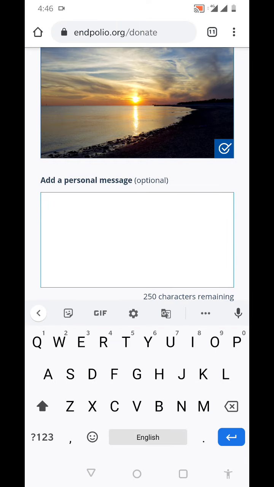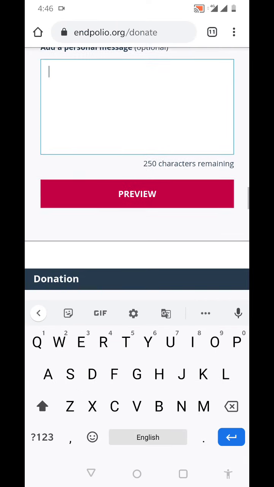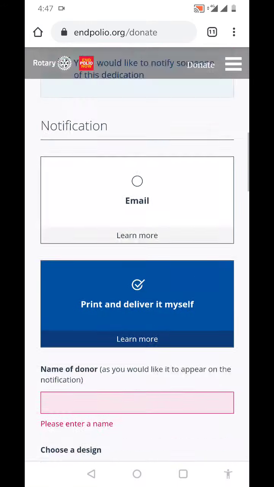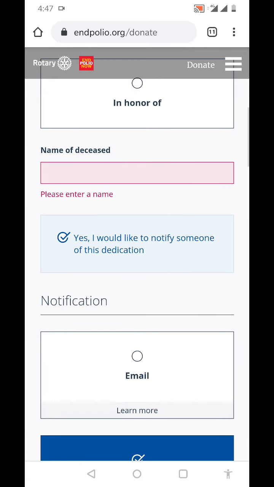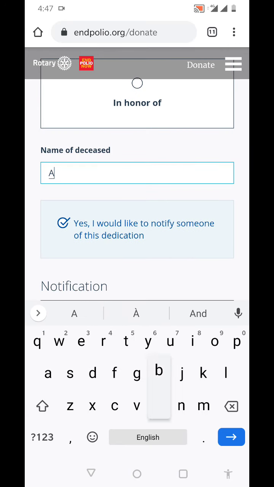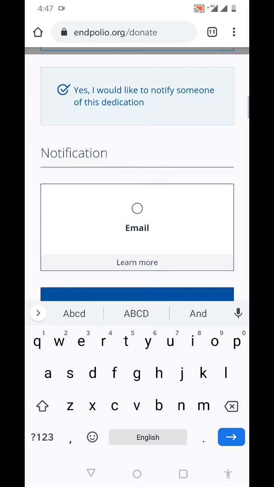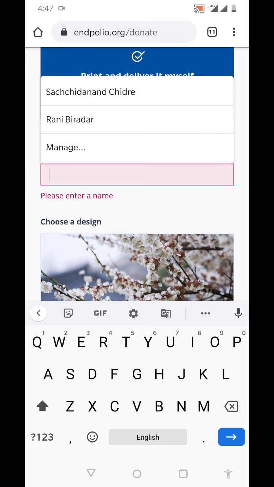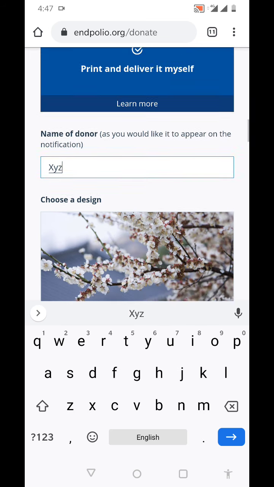And if you want to put some message on these designs, you can add the message. When you select these things and preview, the name is mandatory. Suppose I put some name, and the donor name is also required.